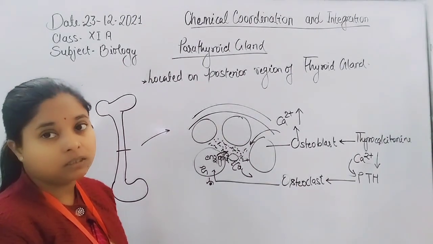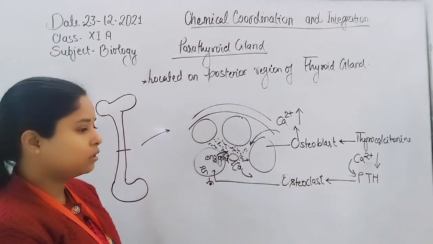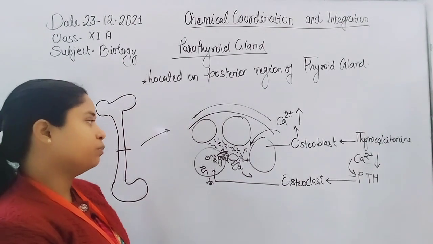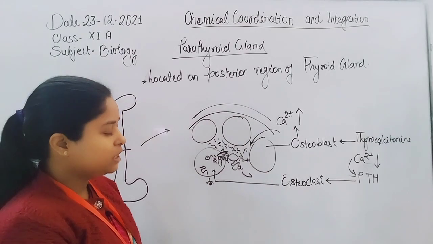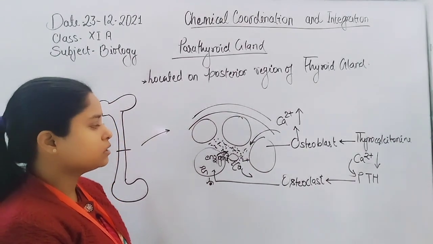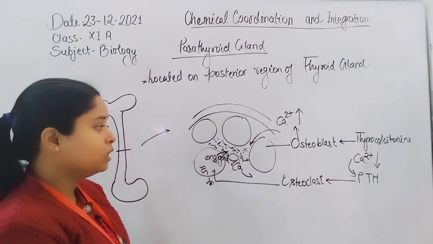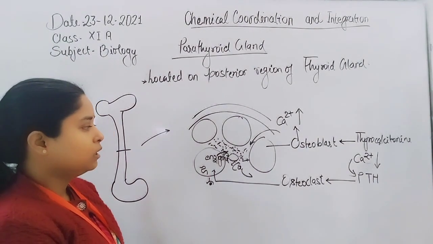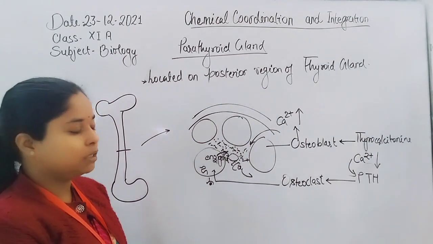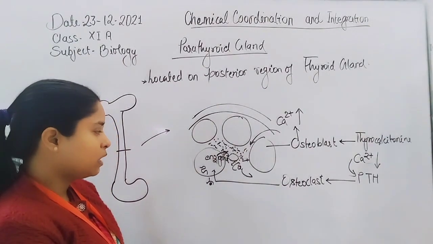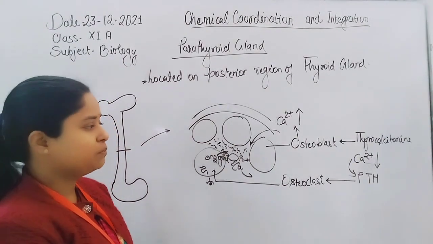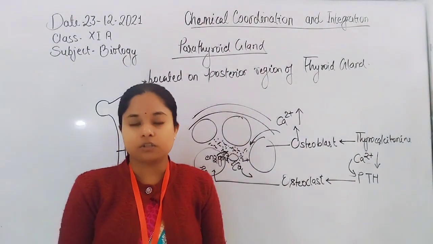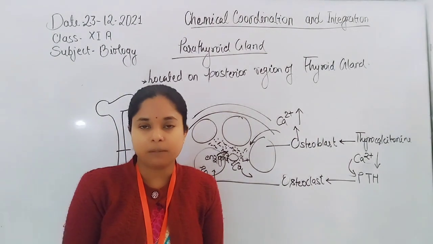If we are not taking calcium ion in proper amount, it is maintained by our bone matrix, where the PTH hormone dissolves the bone matrix and releases calcium ion into the blood. By continuous action of PTH hormone during the lack of calcium ion in our diet, our bones become highly weak and PTH causes osteoporosis or rickets in children. So here is overall about the parathyroid gland.